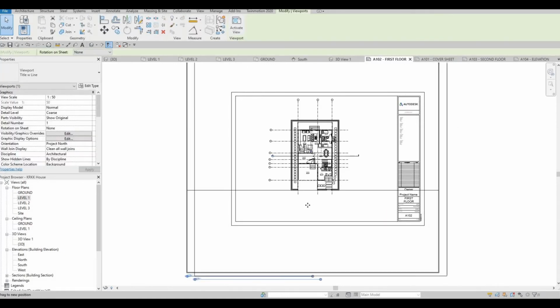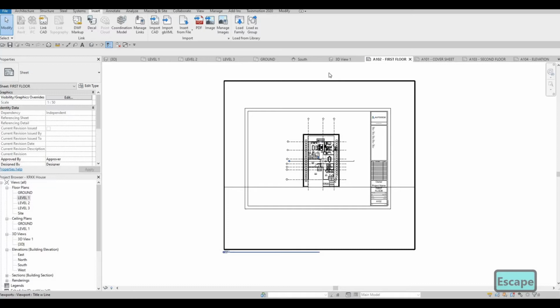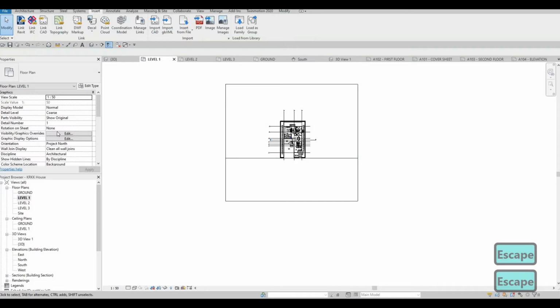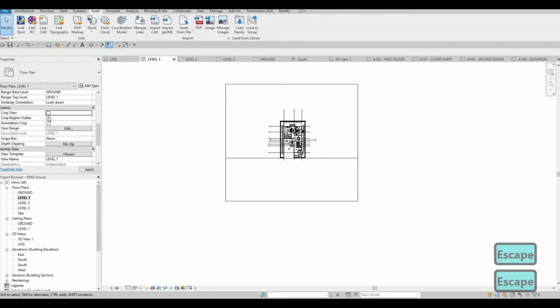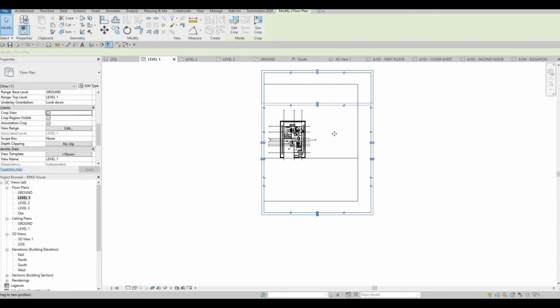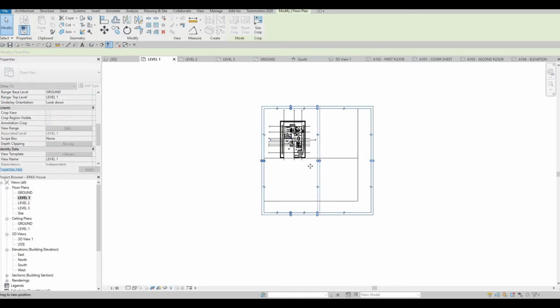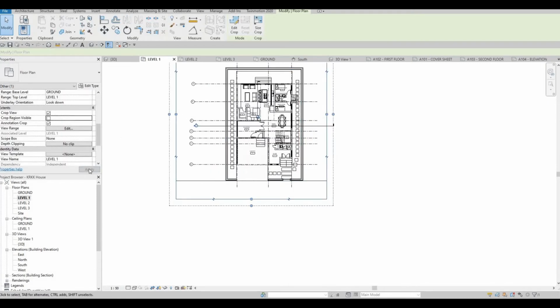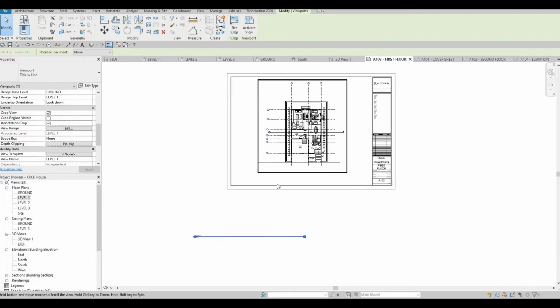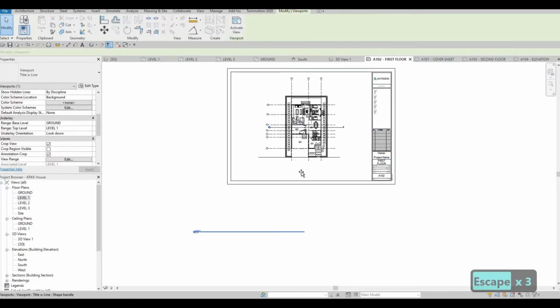So now the way you fix this so that it doesn't look like this is you need to go back to level 1. What you need to do is go here, select those, so check all of them, and then now you'll be able to manipulate the way it shows right there. And then after that, uncheck this one and then click apply. Go back to first floor. As you can see, this one looks much better now, but right here you just need to drag it right here,